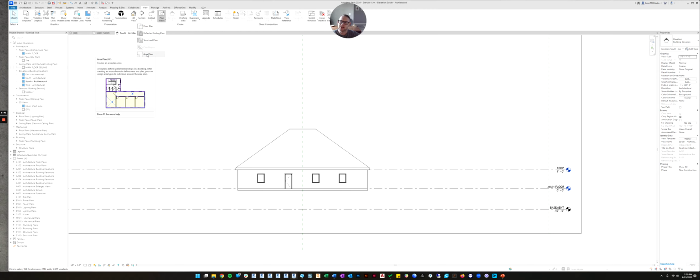An area plan is when you break up the plan. It doesn't really apply to residential projects. They're usually small enough that the whole floor plan can fit on one sheet. But on large projects, the floor plan is so big that it won't fit on one sheet, so you have to divide up the floor plan into areas. And that's what an area plan is. We're not going to worry about that. We just want a new floor plan.